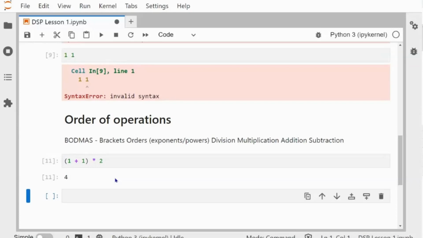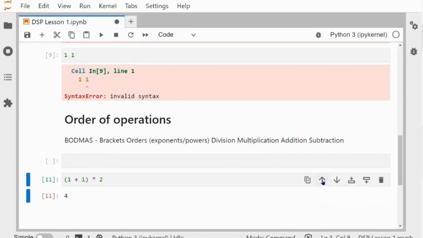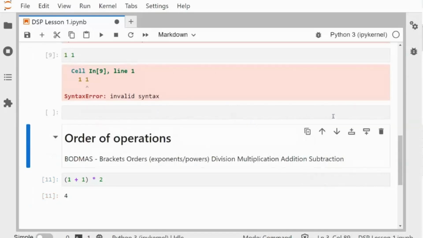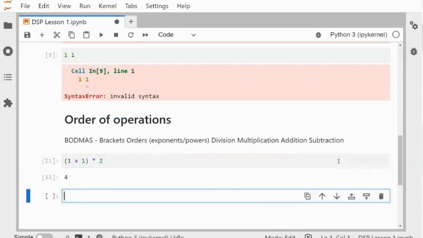But what we have not done is see what all of the icons do here. So I'm going to go through those quickly. Let's start with the ones within the cell. We haven't covered these arrows here. The first one moves the cell up, and the second one moves it down. So let's see that happening. It moves it up. That's where the cell is now. We can move it up again. Here it is. And we can click it again and move it down. Click it again, move it back down. And now it's back to where it was. I believe that covers all of the icons in here.